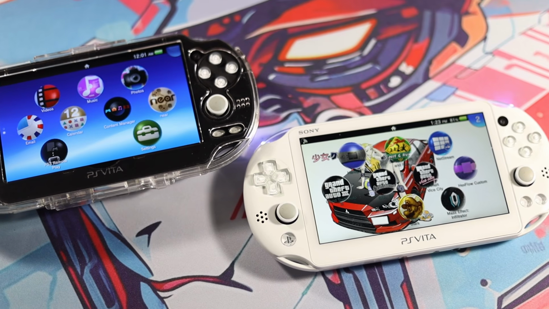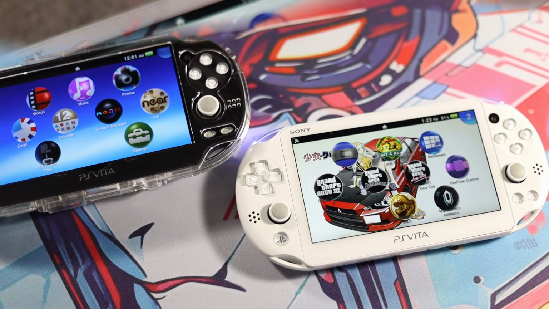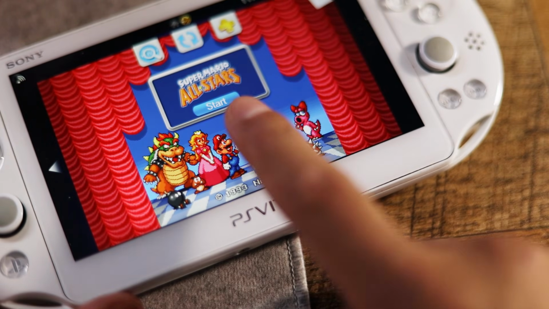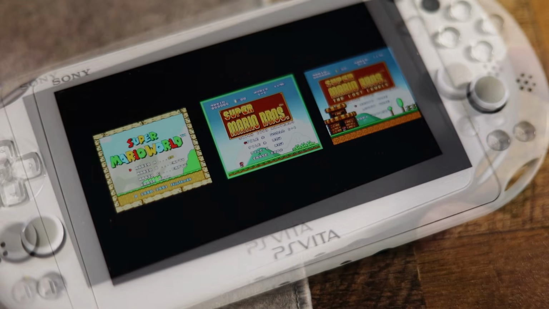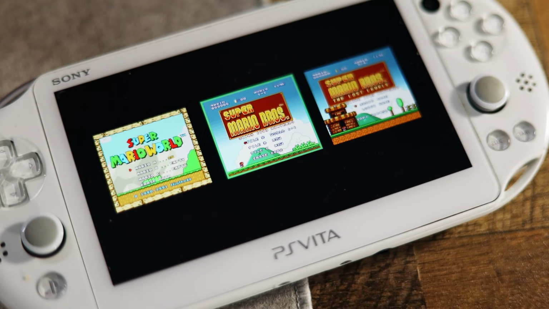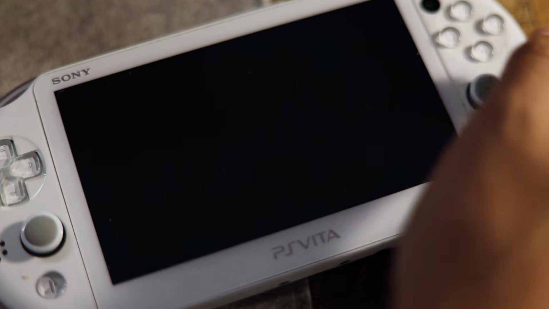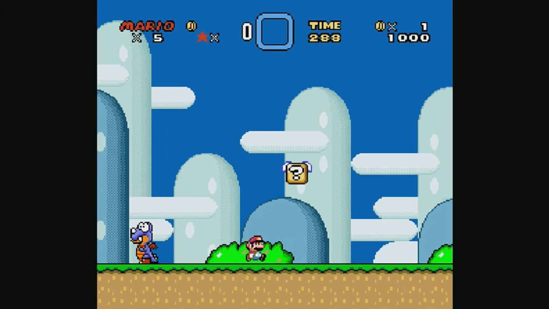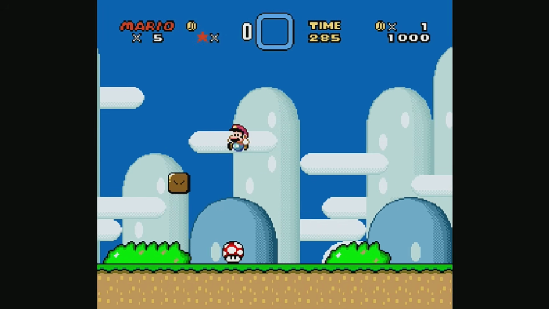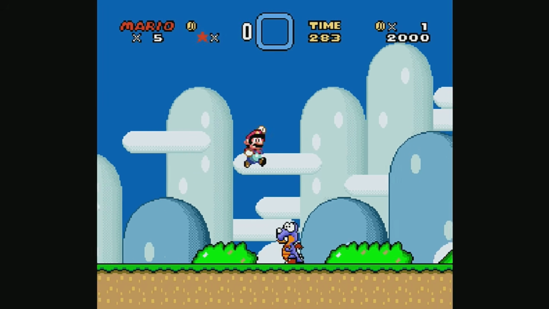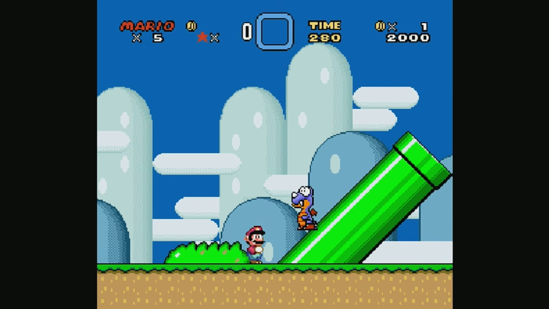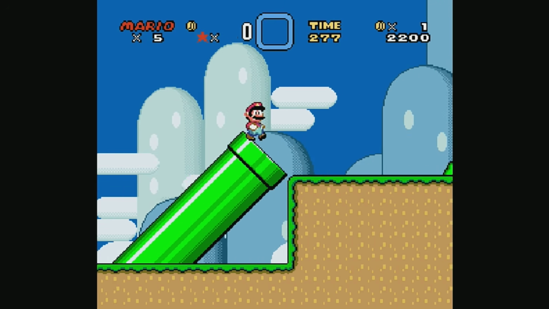What better way to explore it than by installing a fresh game port. We're checking out the latest release of the Super Mario All-Stars port, which is a re-implementation of Super Mario World with several enhancements, including experimental support for Super Mario All-Stars, specifically Super Mario Bros. 1 and the Lost Levels. This updated version brings improvements over the original Super Mario World port, including bug fixes, integrated scaling options, and more